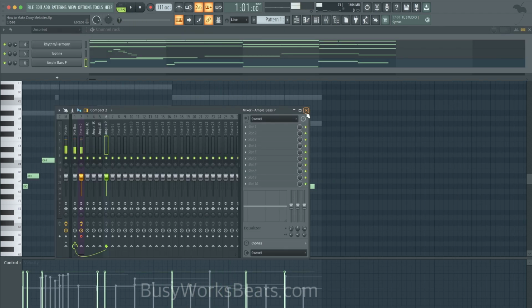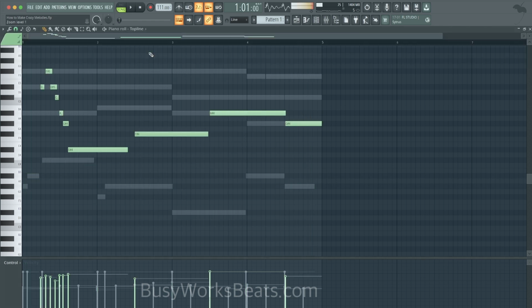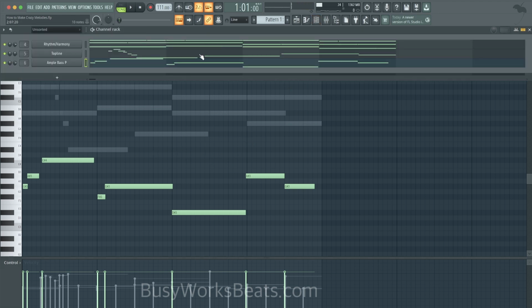So if your top line is playing something fast, play the contrast layer slow. It's just about opposites. In this case, we're using frequency as an opposite. So you have the top line playing the higher frequency, you have the contrast layer playing a lower frequency, and it's a little bit slower, but it's still similar in the fact that it's playing longer notes, similar to the top line. So the only contrast in this case is the octave frequency.